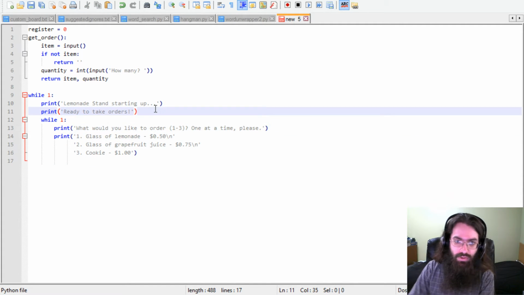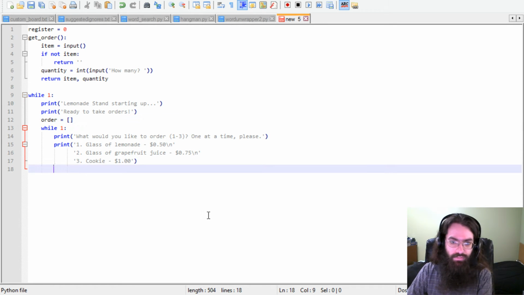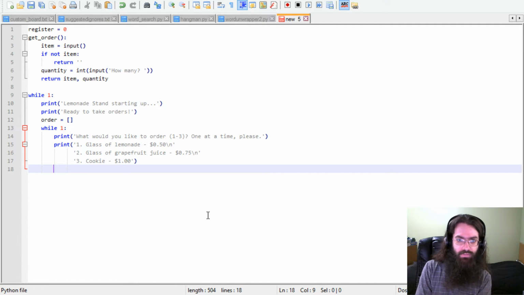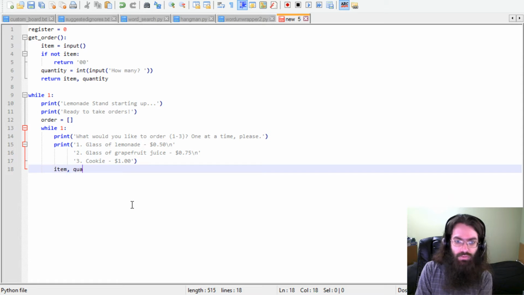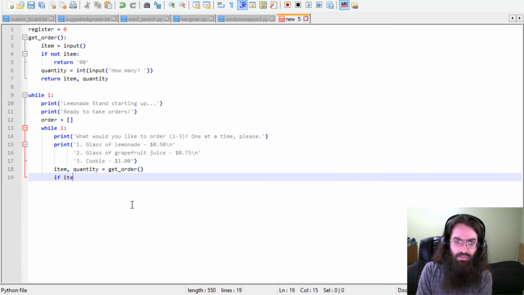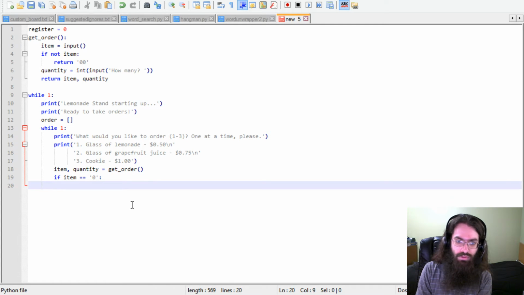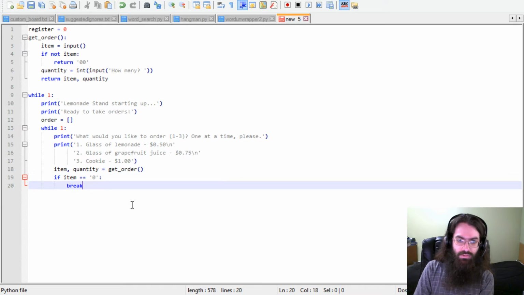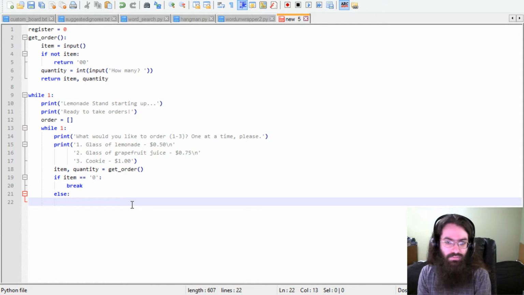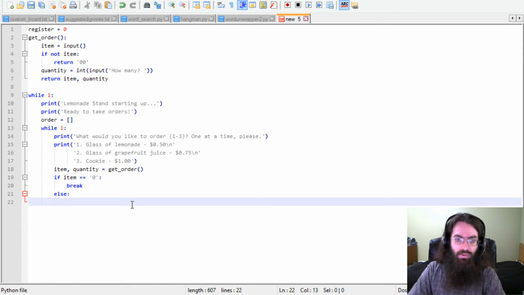Let's take this out of here, actually. Put the first one over there. And we're going to have item quantity equals get order. Good. If the item is 0, then we're going to break and go. Yeah. Yeah, we want this first. So we have a way to end, and if they didn't end,